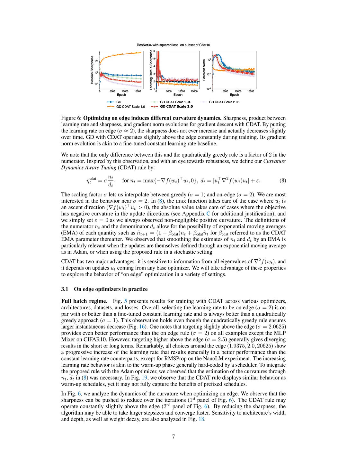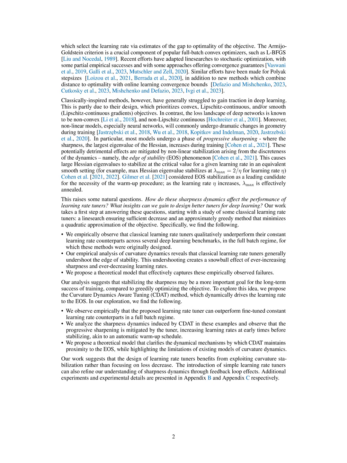CDAT incorporates exponential moving averages, EMA, to smooth estimates of relevant quantities, making it sensitive to information from all eigenvalues of the Hessian matrix. The method prioritizes training at or near the EOS to prevent undershooting, which can lead to a snowball effect of decreasing learning rates and increasing sharpness, ultimately slowing down optimization. By dynamically adjusting the learning rate based on curvature dynamics, CDAT aims to enhance training stability and efficiency in deep